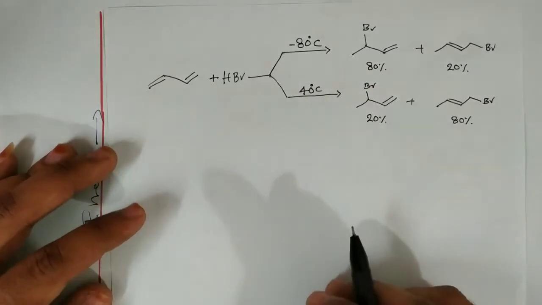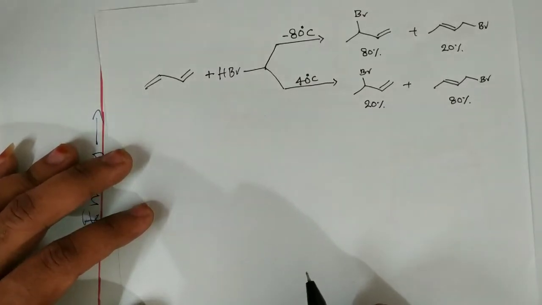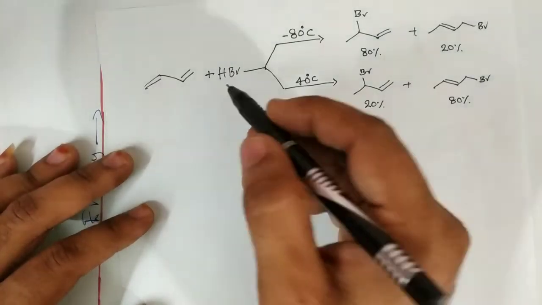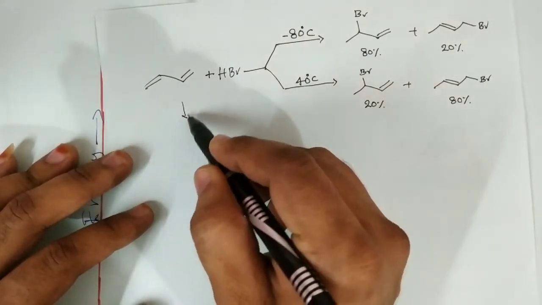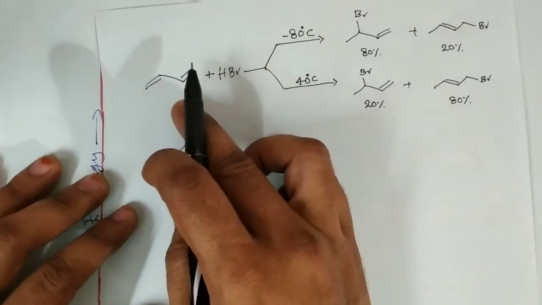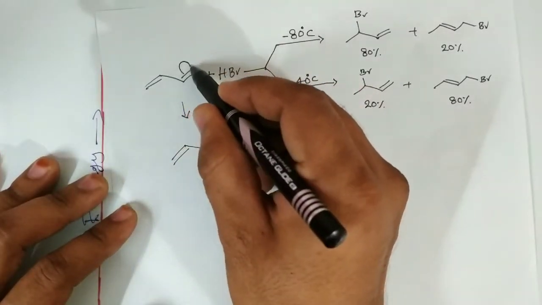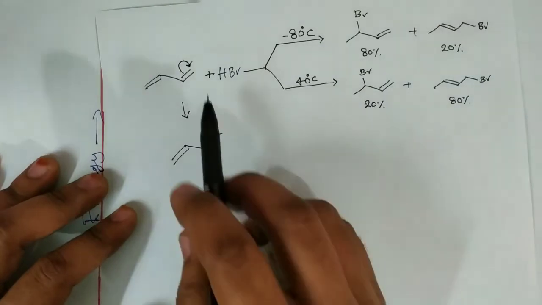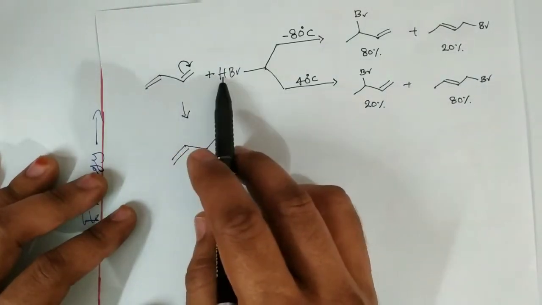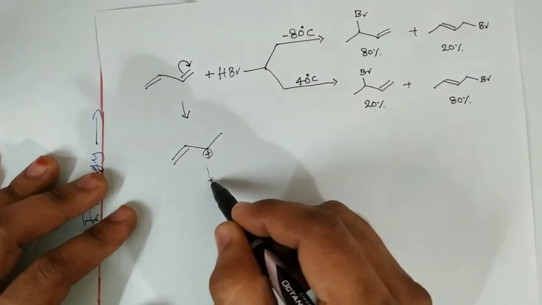In this particular area we have different types of products. Suppose protonation takes place on this 1,3-butadiene. These two double bonds are equal, so protonation can take place at either double bond. By transfer of these electrons to this terminal carbon, it carries a negative charge, which is attacked by the H plus. So we will get the secondary allyl carbocation.